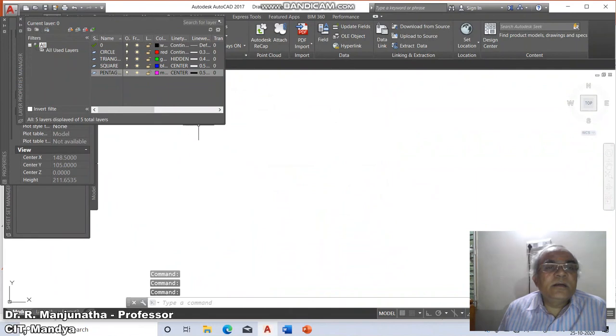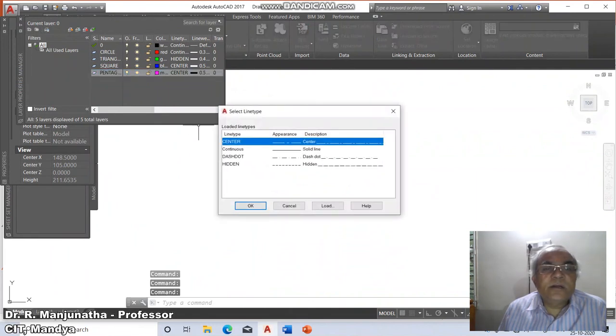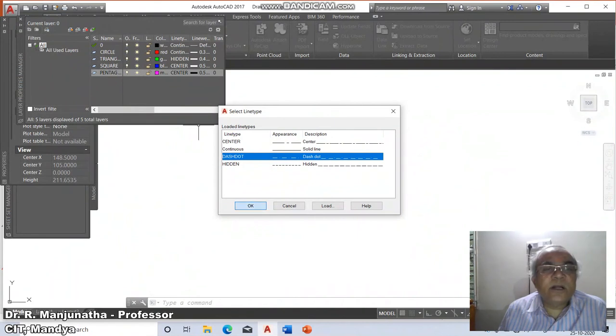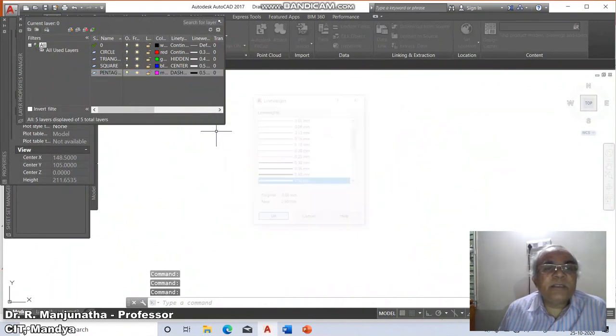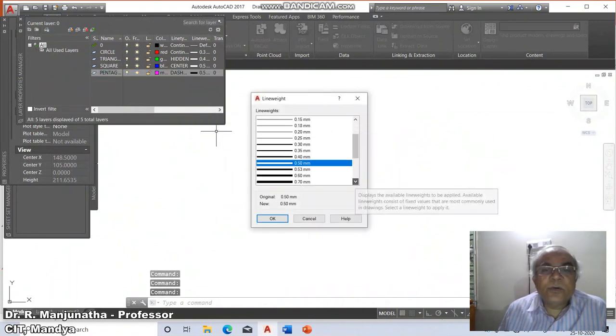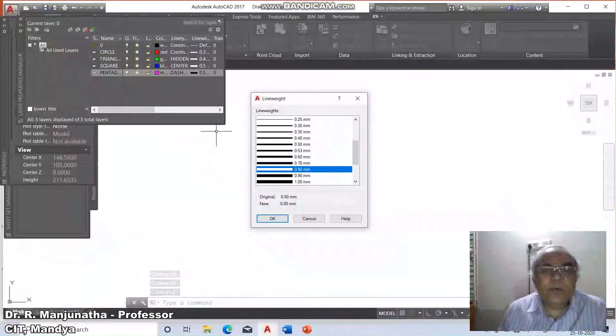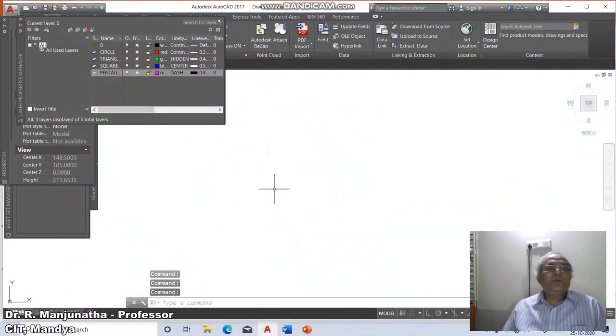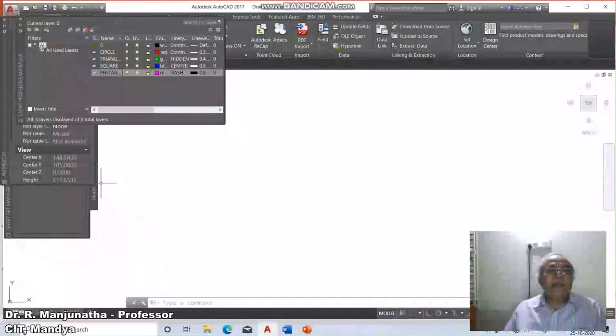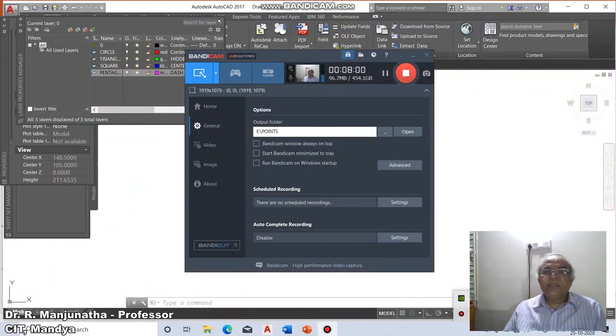Then go to the line type; you want it with hidden, center, dash dot, so you click on dash dot. And then the line width is 0.8. So you make it 0.8 and say okay. So these are the different layers which have been assigned with color, line type and line width. This is how you will be able to create them.